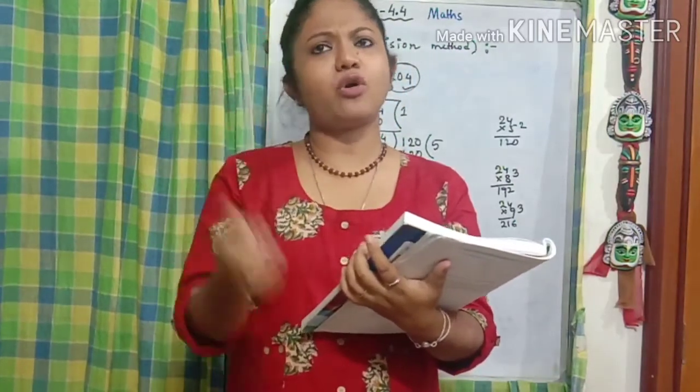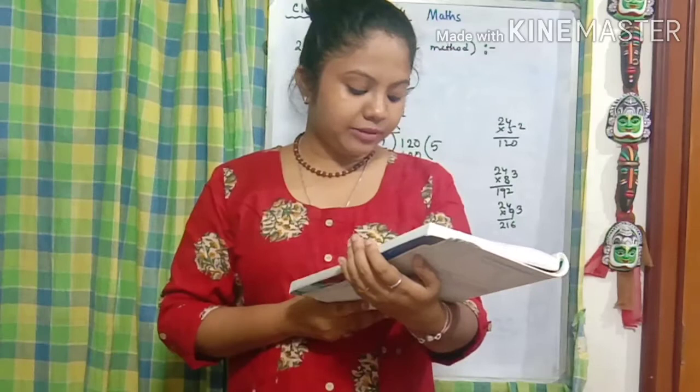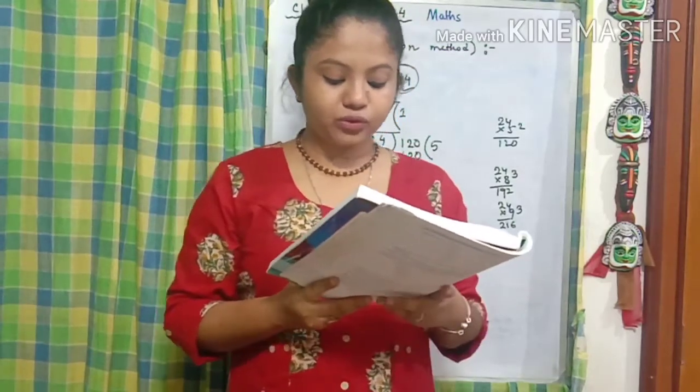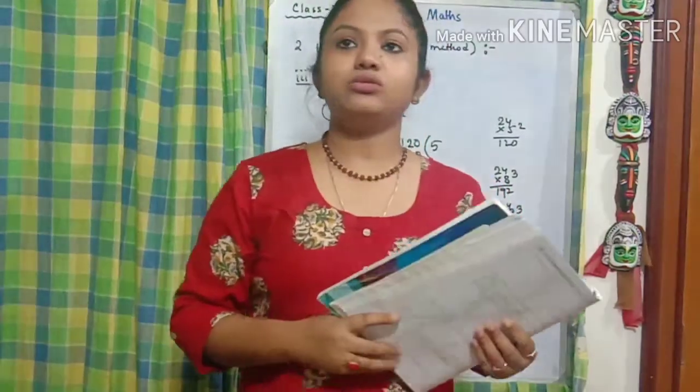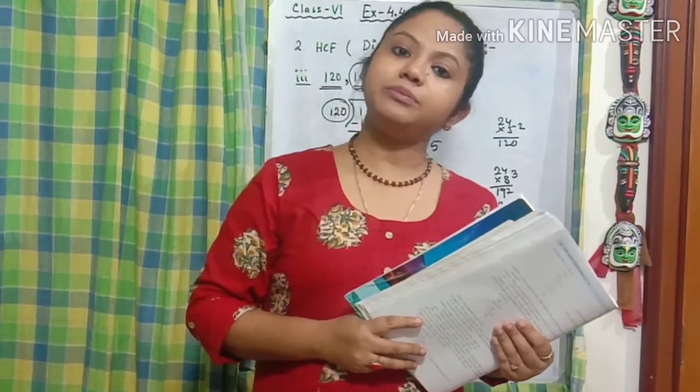For number 2, the HCF of two consecutive odd numbers. Now two consecutive odd numbers, what can it be? Say 3 and 5. So the HCF between 3 and 5 is 1 once again, because there is nothing common between them other than 1. Coming to number 3, the HCF of two consecutive even numbers. Now two consecutive even numbers, say 4 and 6 or 8 and 10. So what can be the common between them? HCF will always be 2.